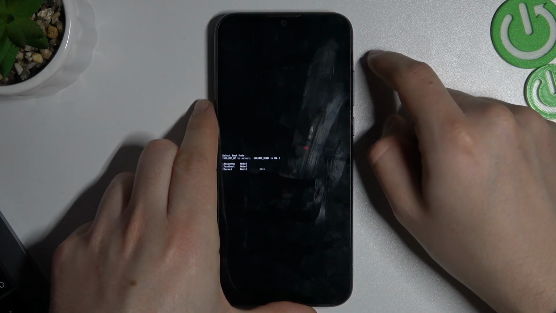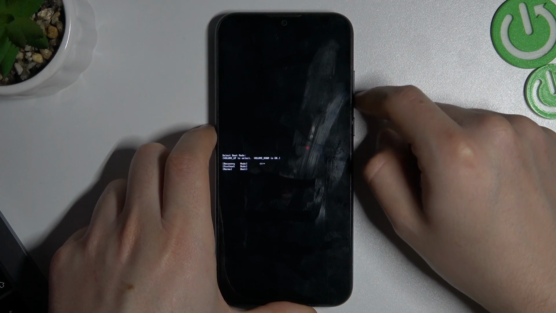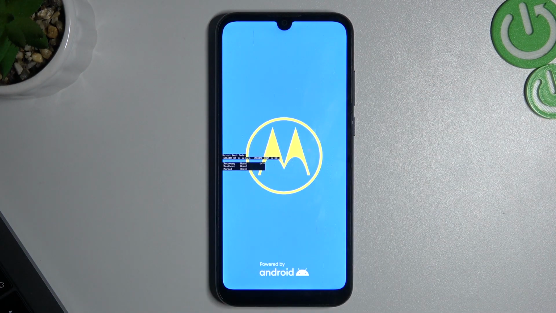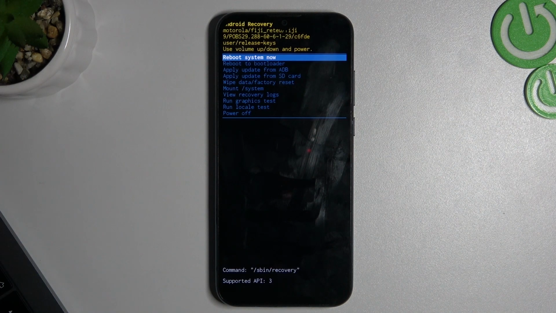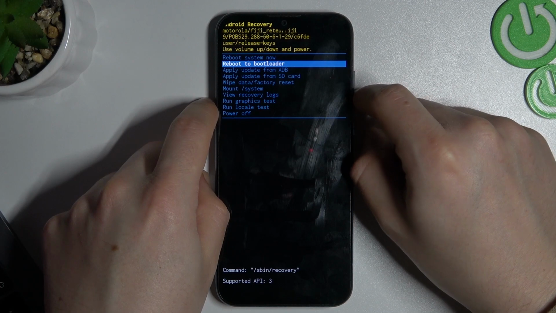Now select recovery mode by clicking volume up. Now to accept, click volume down. Now the phone should boot in the recovery mode. You can see we are in it and just choose